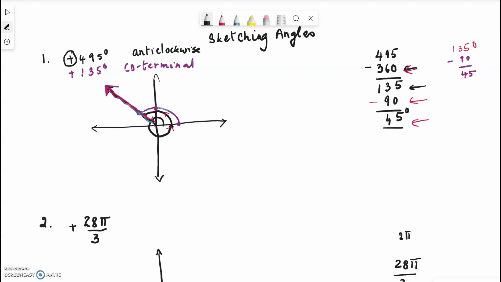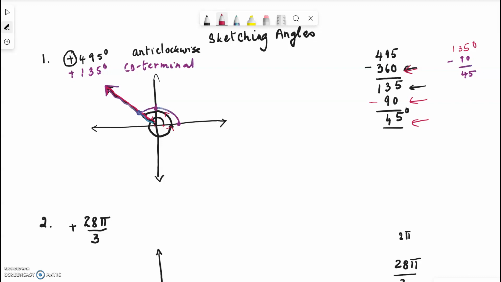So we're going to sketch the angle positive 495 degrees. First, notice that 495 degrees exceeds 360 degrees. 360 degrees is one full circle around the origin. So let's start with the